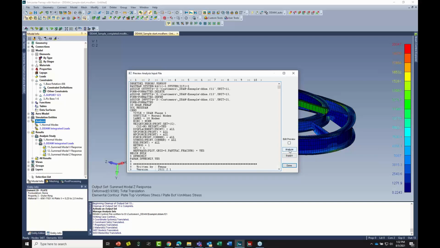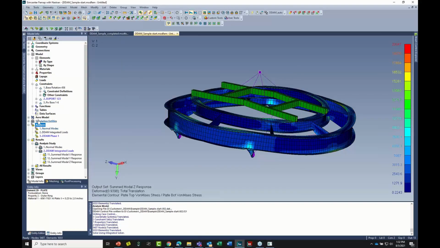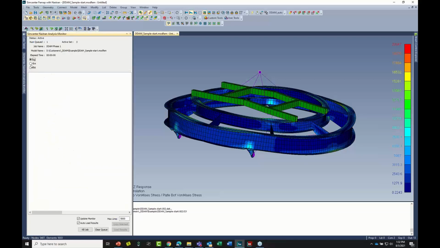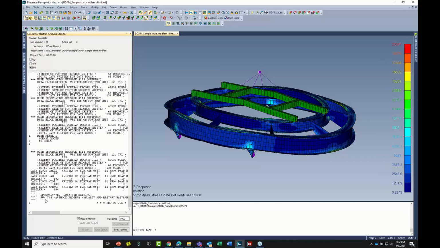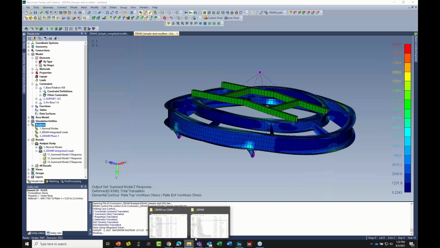So see, when I get this set up right, I can just hit analyze and it'll run super fast. And the one thing I want to look at is the very last line we see here. D pre-only equals yes, DDAM exiting, run the NAVSHOCK program manually. So the workflow for that is